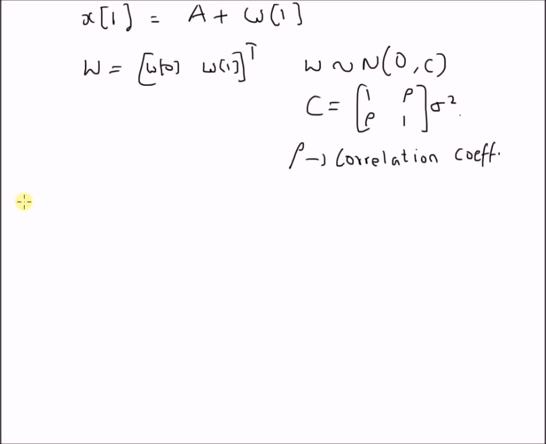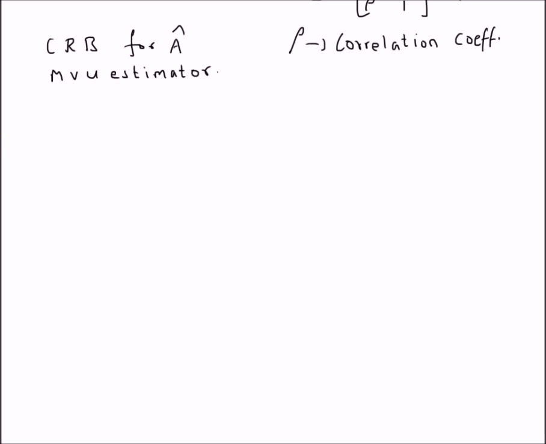So our goal is to find the CRB for the estimator on the parameter A and also its minimum variance unbiased estimator. To find the CRB, first we have to define the log likelihood function of the observations. So clearly the observation model can be written as x = 1 multiplied by A + w, where vector 1 is equal to [1, 1] transpose, and x is the vector of observations and w is already defined as the noise vector.